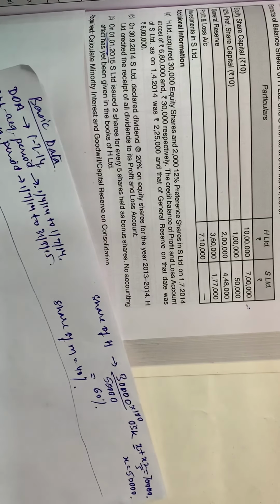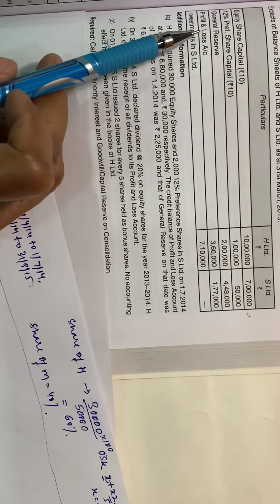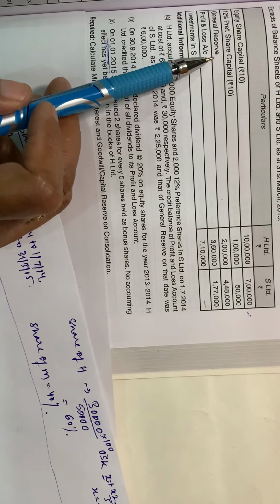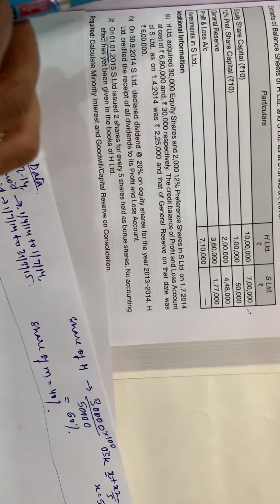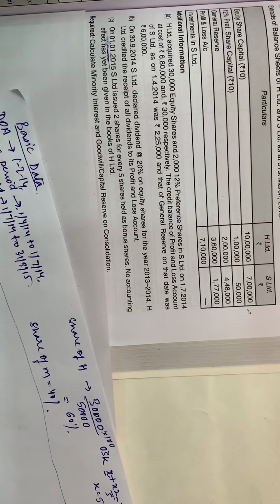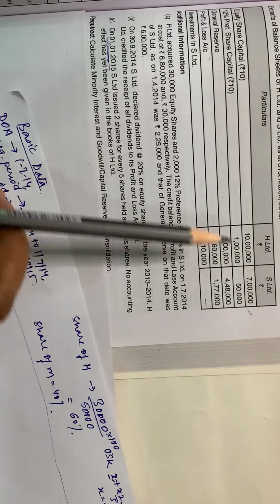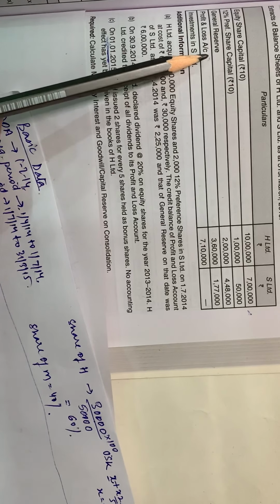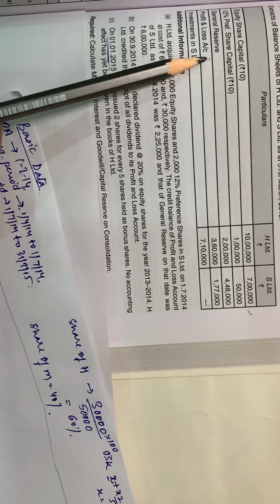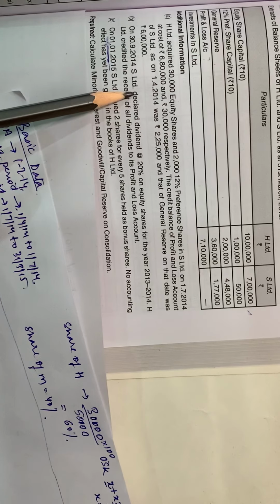Now let's see the question. Over here, as you can see, you are given the general reserve account and the P&L account. Whenever there is a general reserve account, it might just be possible that you have increased your reserves in the current year. That is the subsidiary I'm talking of. The subsidiary may or may not have increased the general reserve. That is, it has appropriated some amount from the P&L, that is the surplus account, to the general reserve. And nothing is given in the question, so you will have to find out.